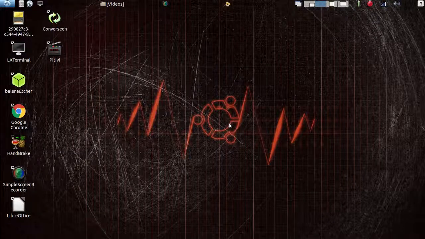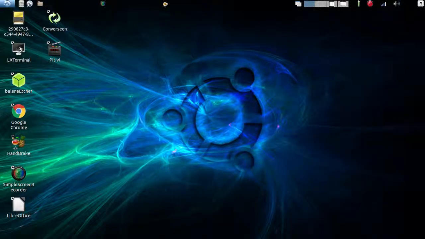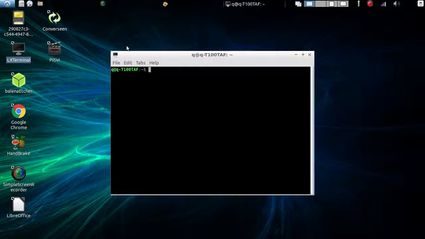So now what you're going to do is go to your terminal and type EmulationStation, but not in the cd. You just want to run the command. The reason you're going to do this is because it creates a sample file for you. Basically, you just want it to run once before you start trying to configure, because it will give you